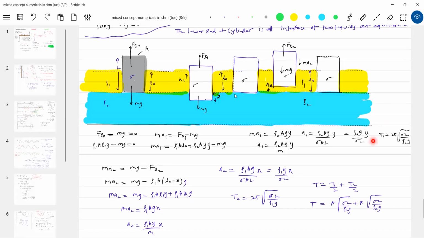What actually goes on is that we bring the time period of it, because here this situation will be there. It'll go inside, then it'll come back, this part of the time period. Then in the remaining part, again it will be like this. The cylinder will move above the interface, again it'll come. So therefore this plus this is the total time period. Able to understand? So why is this not the answer? Because for half of the time period, this equation is valid, and for the other half, this equation is valid. So I'm adding up these two.